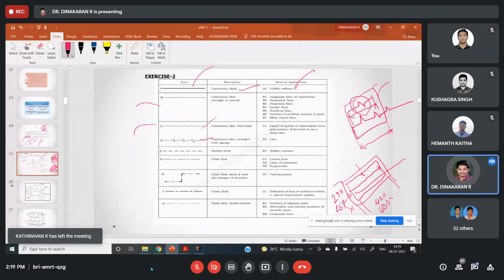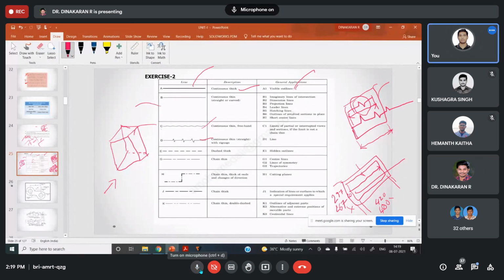Example, if you draw like this, if I am drawing one continuous dashed line, while seeing from the front, is this rectangular face visible or invisible? Front rectangular face visible.